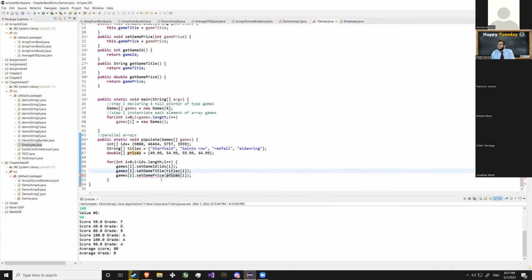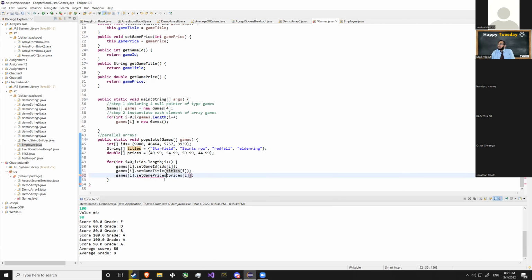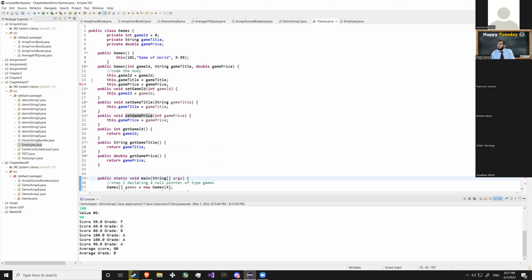And then I think the method that you have, on line number 21, can you scroll up all the way to the top? See if the game price is double, right? So on line 21, make that a double game price. I originally had it as int before we came back from the breakout room.